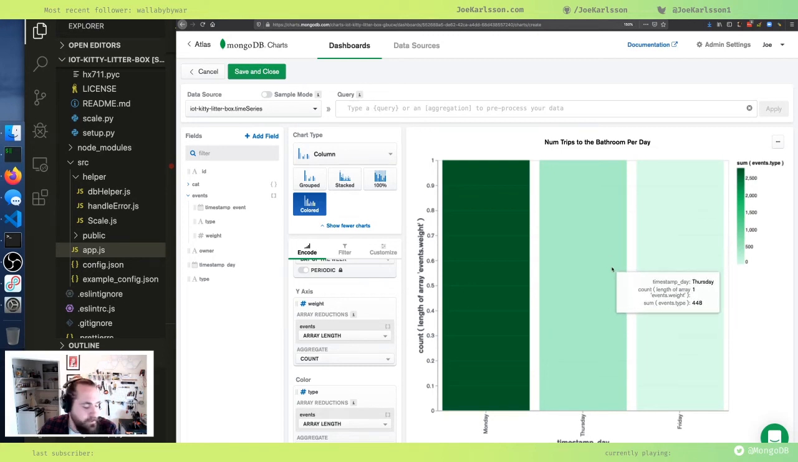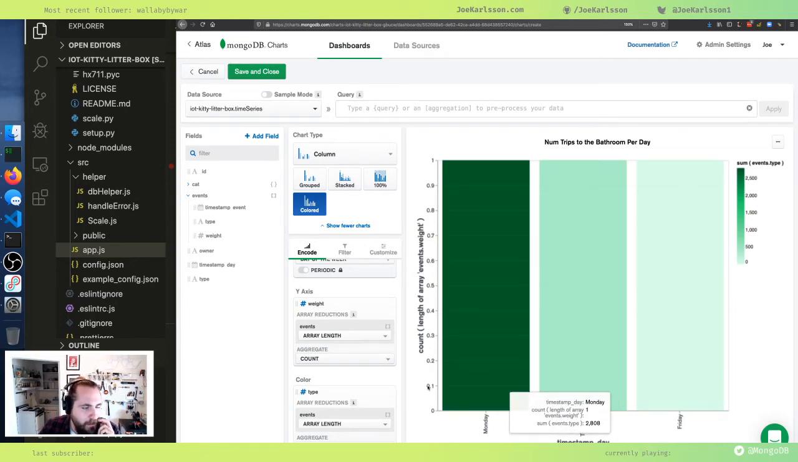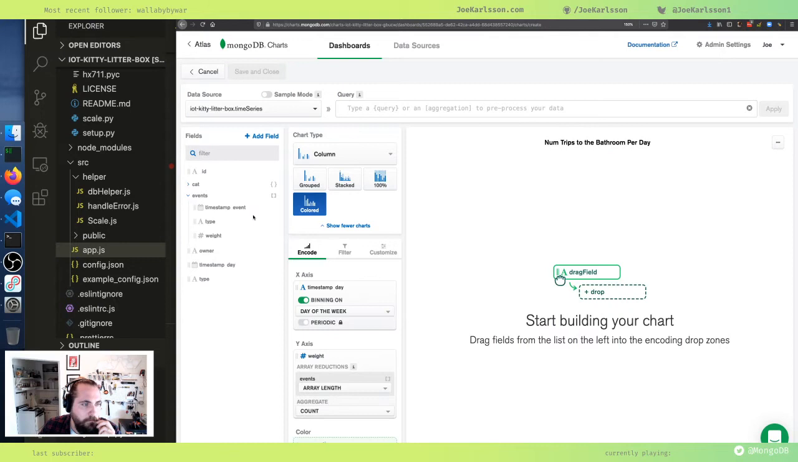Awesome, Max. Thanks for the help. Great. This isn't quite what I wanted. We're getting close, though. So this color, I think, array length. I think I just want the events. Let's do the